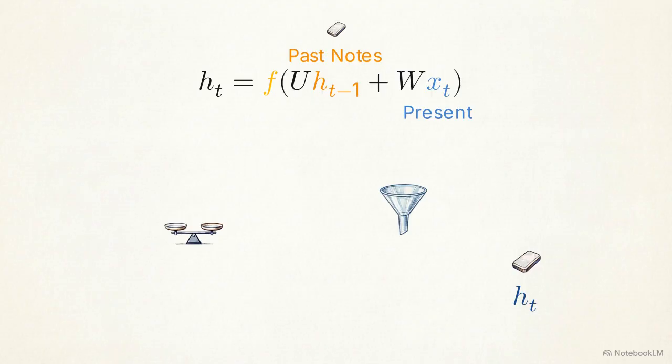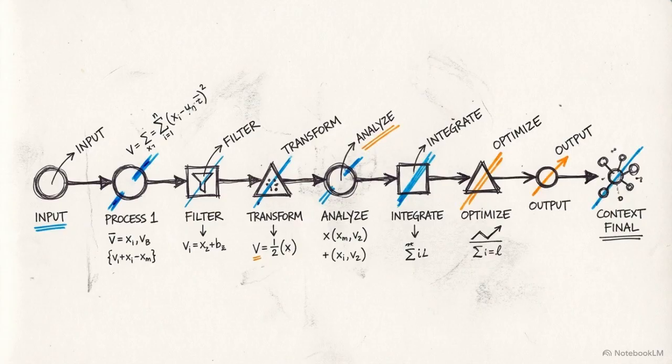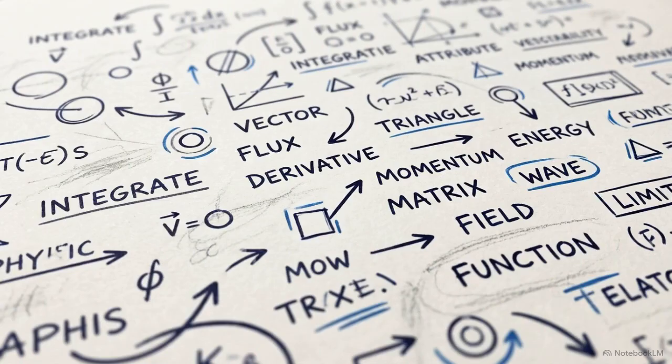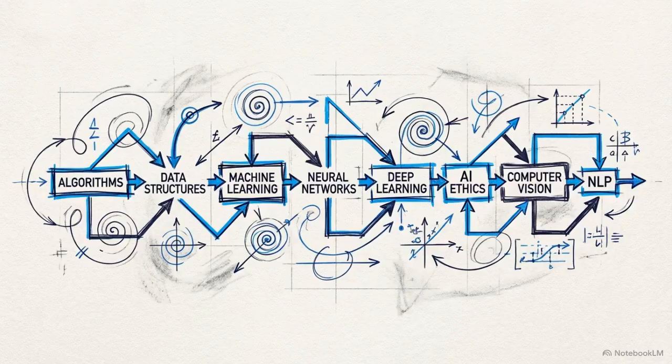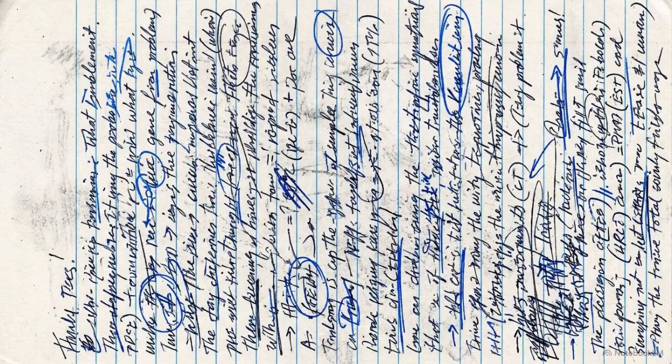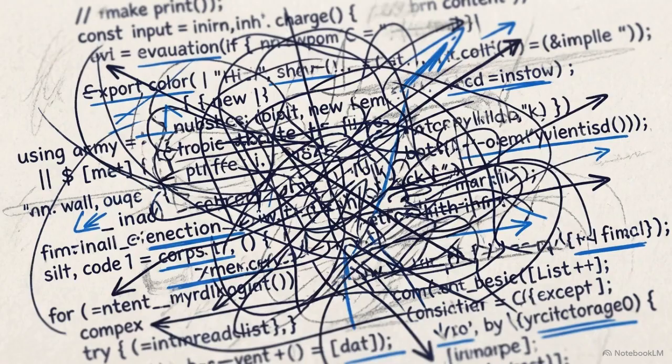This repeating calculation empowers the computer to track context step by step. It takes a string of isolated words and connects them into a single, mathematically grounded sequence of meaning. But if you sat in a 3-hour lecture without ever starting a new page, your notes would eventually become useless. If a sentence goes on for too long, the standard RNN runs into a similar roadblock, where its running notebook